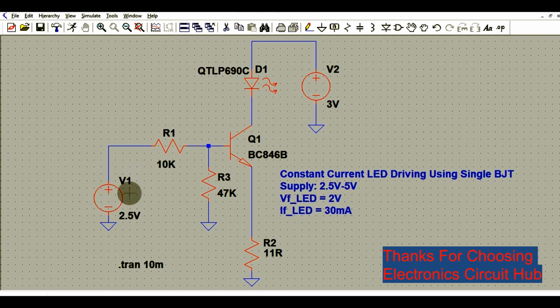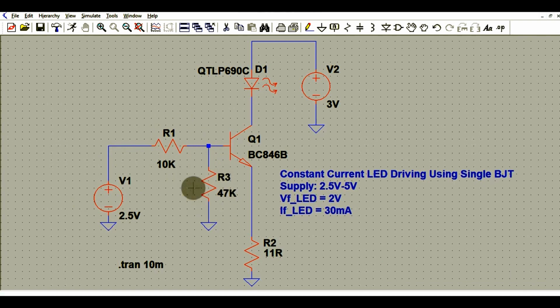You can either drive it directly with the power supply, or you can use digital control. You can connect it with the microcontroller. Then this is the base current limiting resistor, and you have the pull down resistance here. This is R3, basically a pull down resistor. Okay, so I hope you understand the circuit diagram.